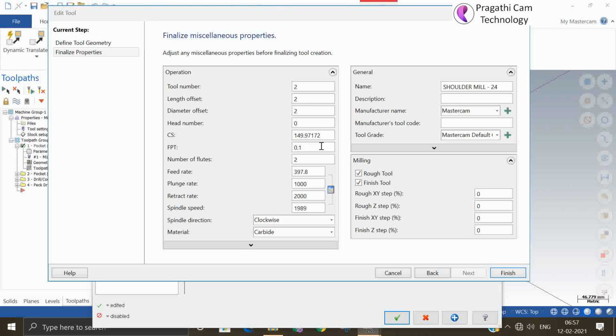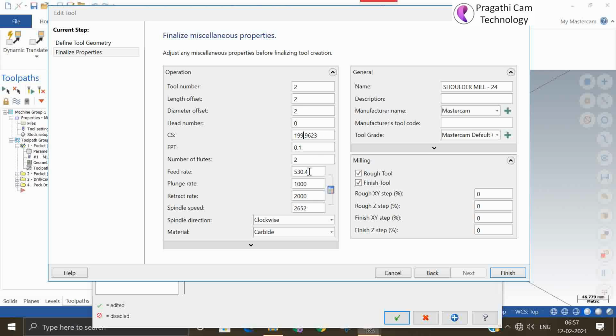Then feed per tooth. Suppose this is a milling cutter and it has six teeth. It means how much material each cutting edge needs to cut. That is the feed per tooth. Suppose 0.1, each cutting edge will cut that much. By putting these two values, the feed rate and spindle speed will be calculated automatically.